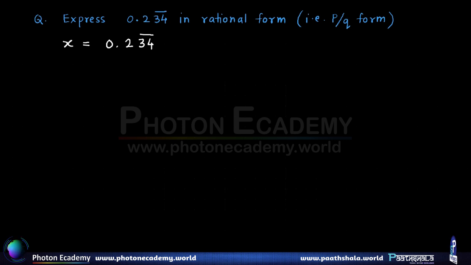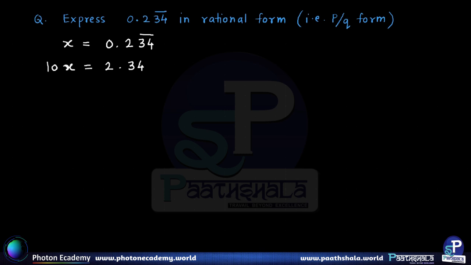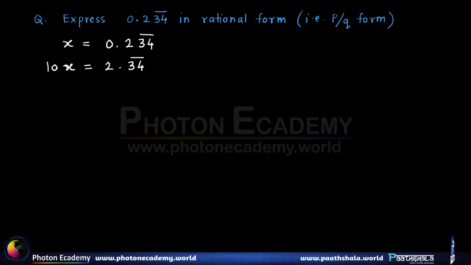Right. Now what do we do here is, first we multiply both sides by 10, so that we get on the right hand side 2.34 as a recurring part. Now if we want to obtain the recurring part once again, I will have to further multiply with 100 because there are 2 digits in decimal which are recurring. So therefore if I multiply throughout by 100, I will get 1000x on left hand side,